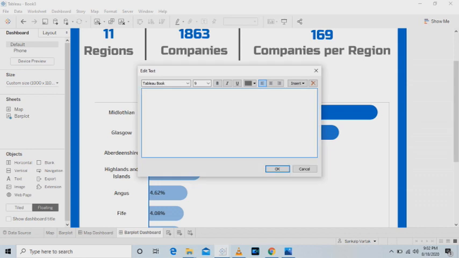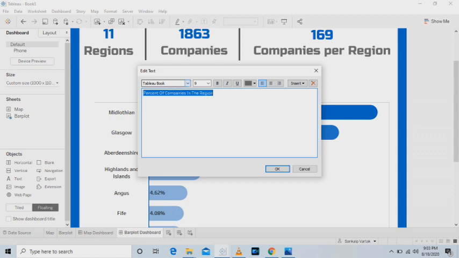Now just add a text. Percent of companies in the region.